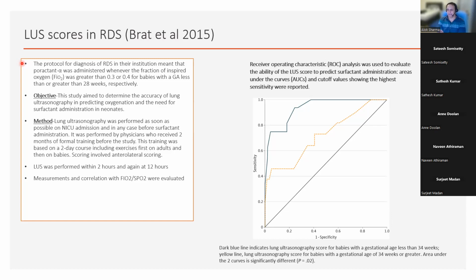Why do you think the sensitivity and specificity is less in over 34 weeks as opposed to under? Because the incidence of RDS in this age group is less than in the extreme preterm. Yes, you're right. The incidence of RDS goes up as you are more preterm,